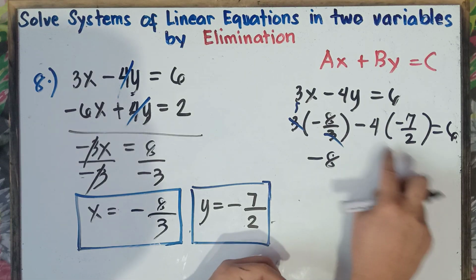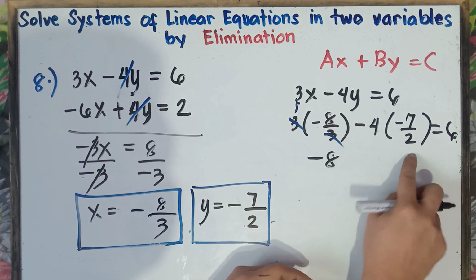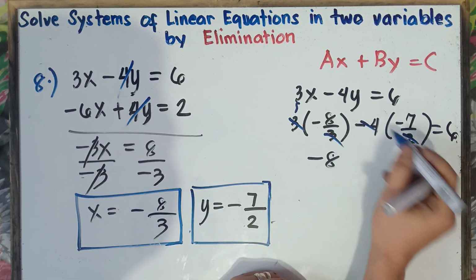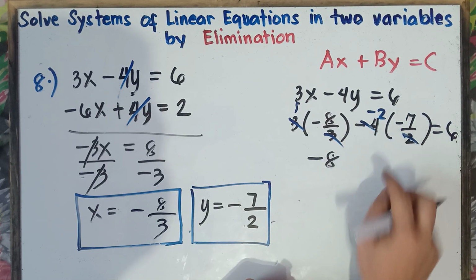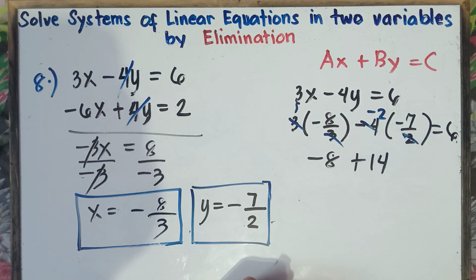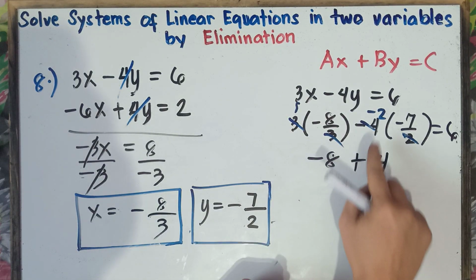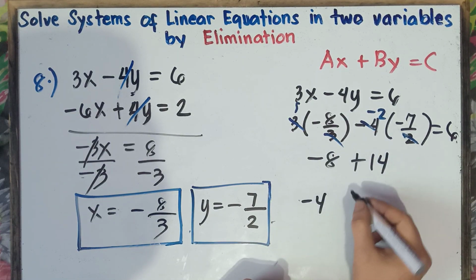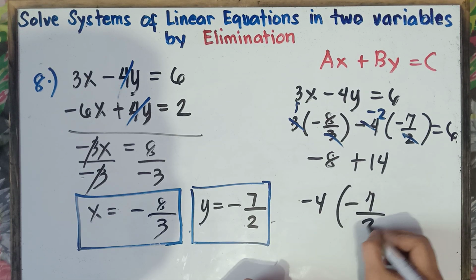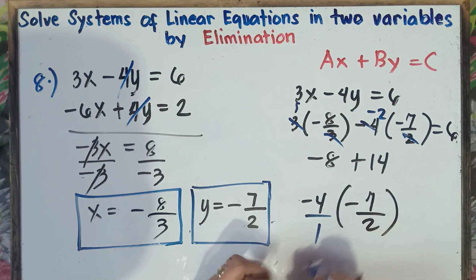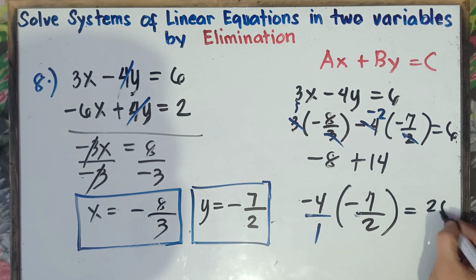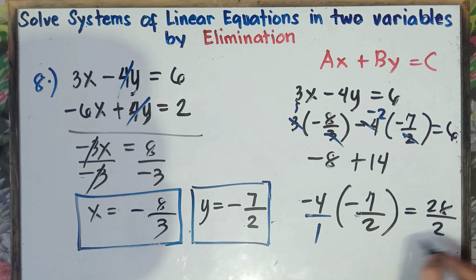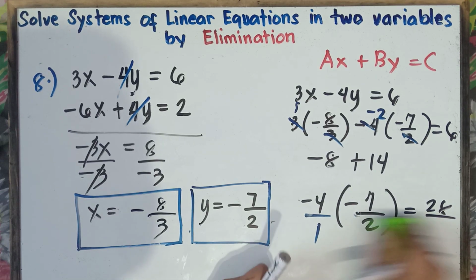Alright, and then this one, we can divide this one. Negative 4 divided by 2, that would be negative 2. So this becomes negative 2, and then negative 2 times negative 7, that would be positive 14. Okay, I hope you're not confused. If you're confused, you can multiply this one. Negative 4 multiplied by negative 7 over 2. So understood that there's 1 here. Negative 4 multiplied by negative 7, that would be positive 28. 1 times 2 is 2. 28 divided by 2, that would be 14. You will have the same answer, class.